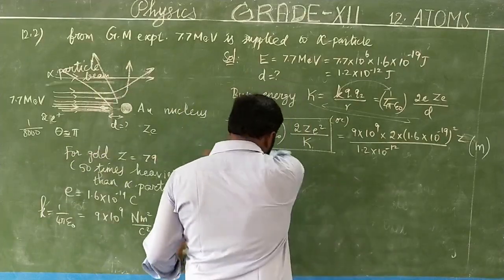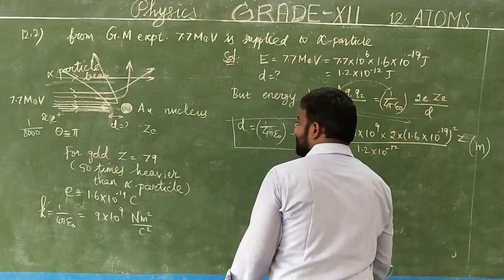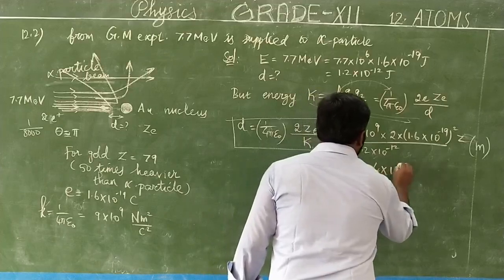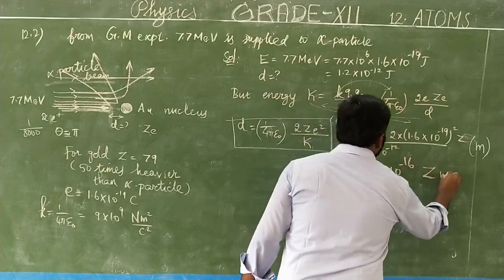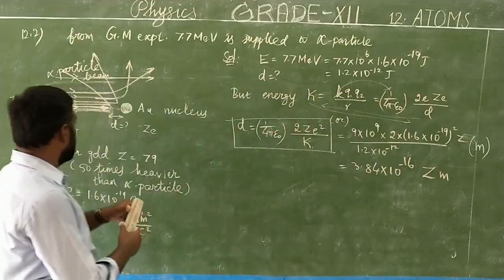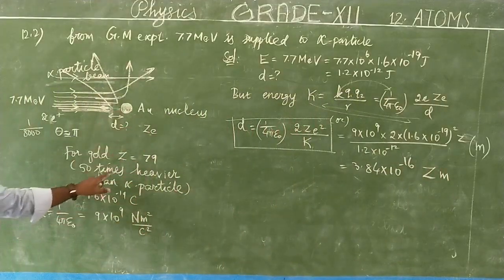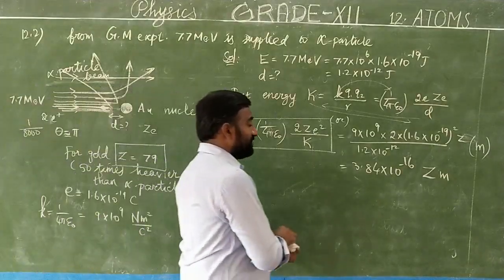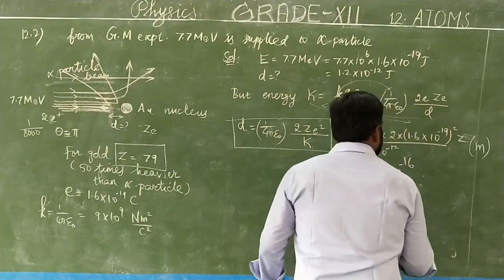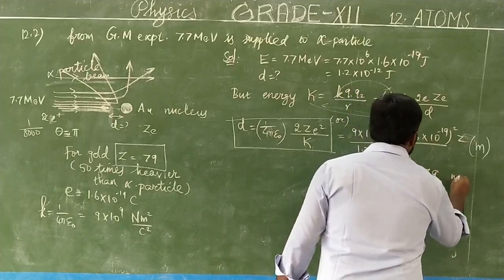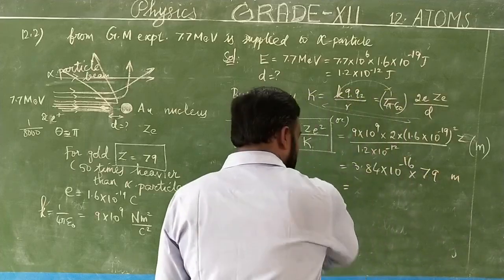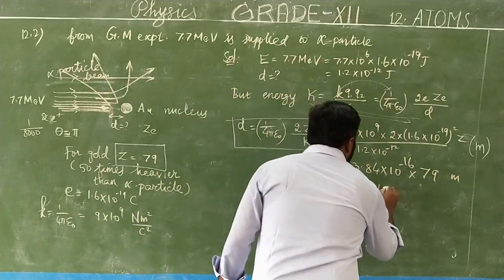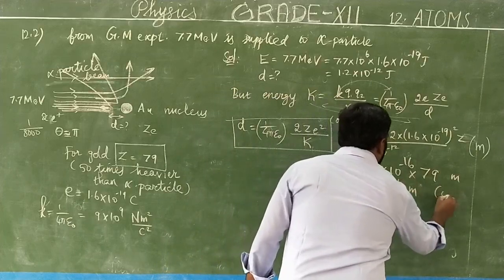After substituting and rearranging, finally you will get the value as 3.84 into 10 raised minus 16 Z meter. But what is the Z? Already I said, for a gold nucleus the atomic number is 79. For gold nucleus the atomic number is 79. So substitute the 79 also here. 79 meter. Then the final value is 3 into 10 raised minus 14 meter, or